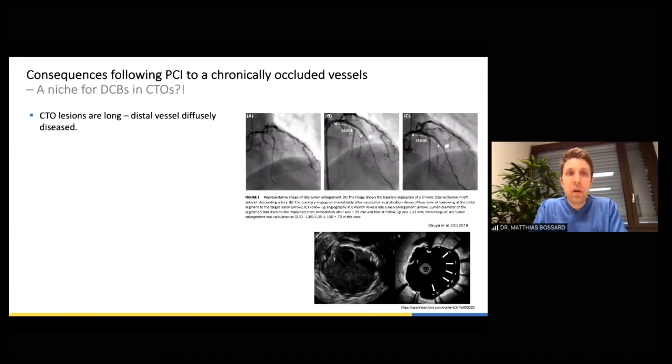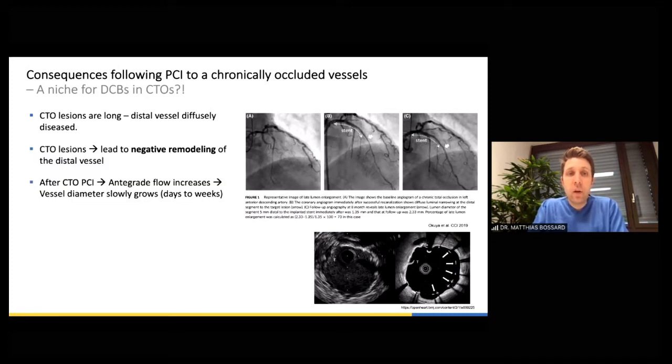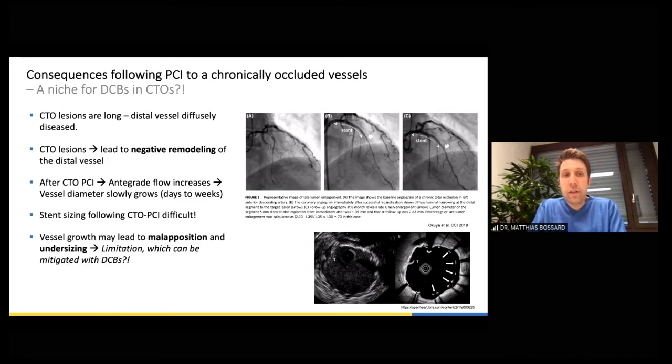So basically, the consequences we should take into account after treating a CTO lesion with PCI are, as I just mentioned, that those lesions are long. Therefore, we would have to place a long stent, or those lesions actually tend to positively remodel once you've opened up the vessel, meaning at the time point once you open the vessel, the distal part of the vessel will actually not have its final size, and this actually makes stent sizing very difficult, and it often leads to malapposition